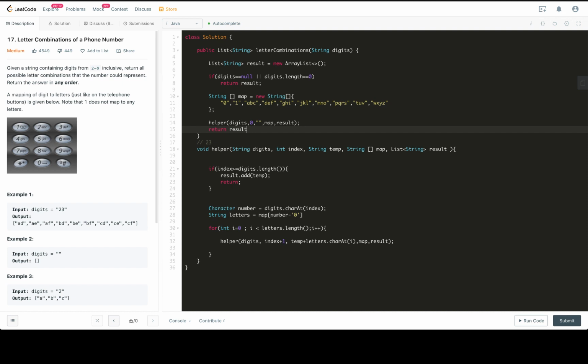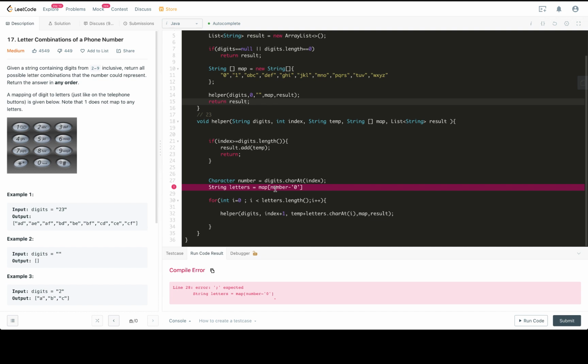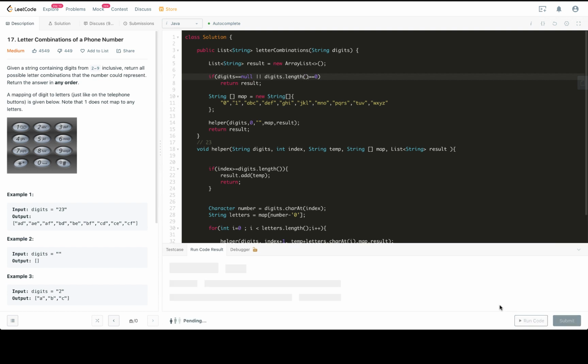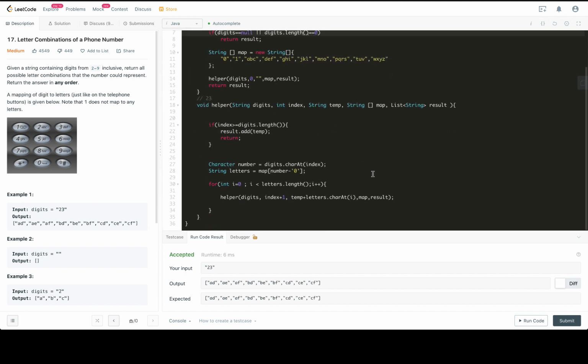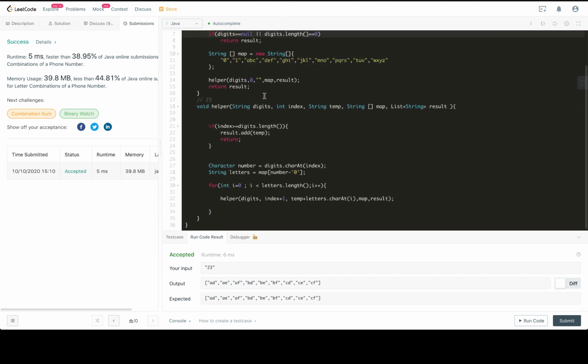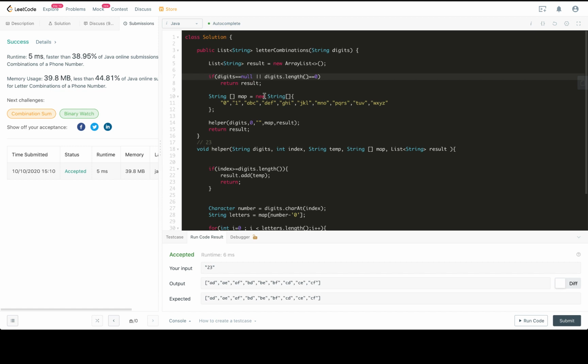Let's see if there's anything wrong with this solution. Digits.length, I think this should be a function. Sorry for those stupid mistakes. Okay, that sounds like it worked. Let's try submitting it. Oh, nice. So that was the recursive version. We're going to try a bit. This was a depth first